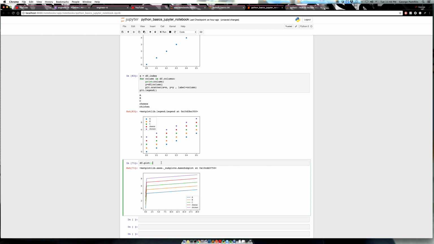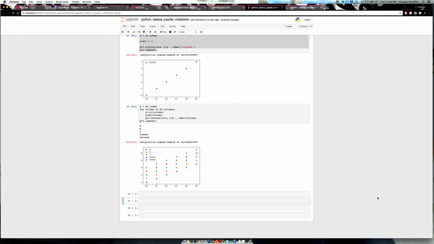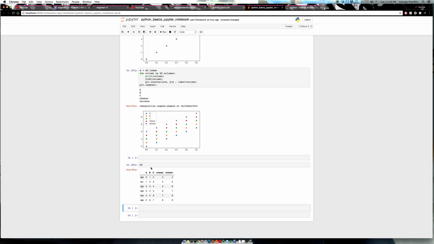That's that. And that's that. Okay, a little more about data frames. This is off the record though. So we have our data frame, the same way